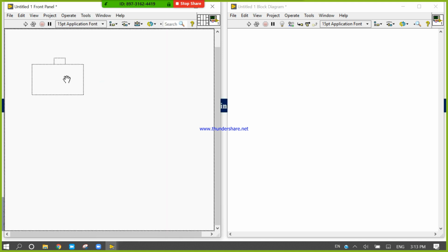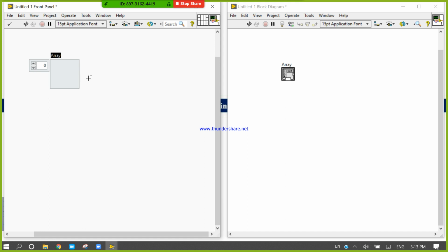First one is array. Take this array. It is just a blank array, and it's called an array shell. Array is a data type, but without elements, array is just a shell. Array is a derived data type, a secondary data type. Array is not a primary data type. This is the array shell.